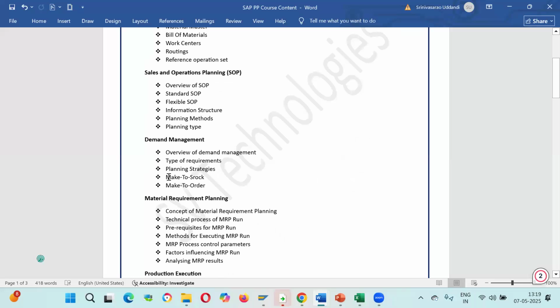Okay. I think you might be aware of make to stock and make to order. Can any one of you tell me what you understand by make to stock or make to order? In most of the industries, you will follow this. Even in general, you might be aware of this, but maybe not of the terminology. Make to stock, make to order, right? Almost 99% of our production model will be discussed around these two scenarios.